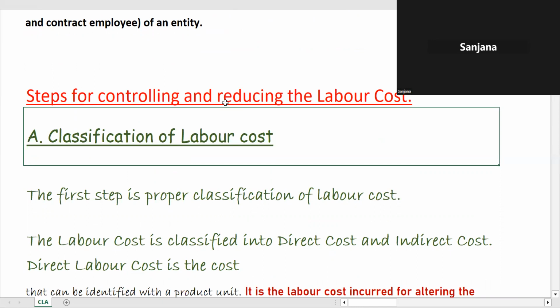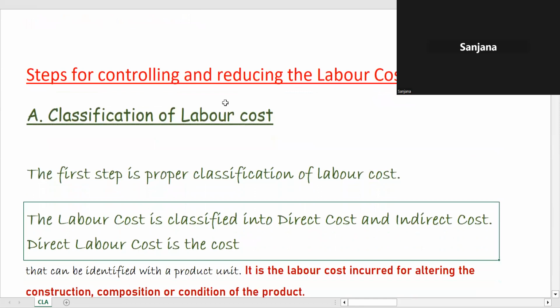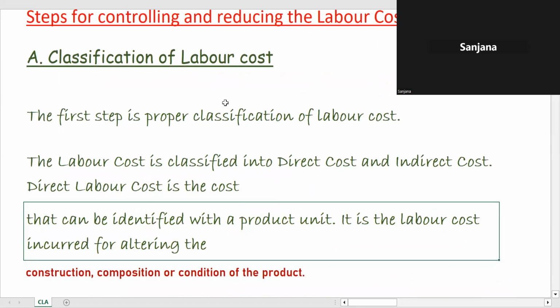क्योंकि डिफरेंट टाइप के एक्सपेंस को कंट्रोल करने के तरीके अलग अलग होते हैं, राइट, विच इज वाई यू शुड क्लासिफाई, राइट। सो यहाँ पे मेन है डायरेक्ट कॉस्ट एंड इनडायरेक्ट कॉस्ट, ठीक है। लेबर को दो तरीके से हम क्लासिफाई करते हैं, डायरेक्ट कॉस्ट एंड इनडायरेक्ट कॉस्ट, ओके। तो चलिए तब यहाँ देखते हैं कि व्हाट इज डायरेक्ट लेबर कॉस्ट, ठीक है।